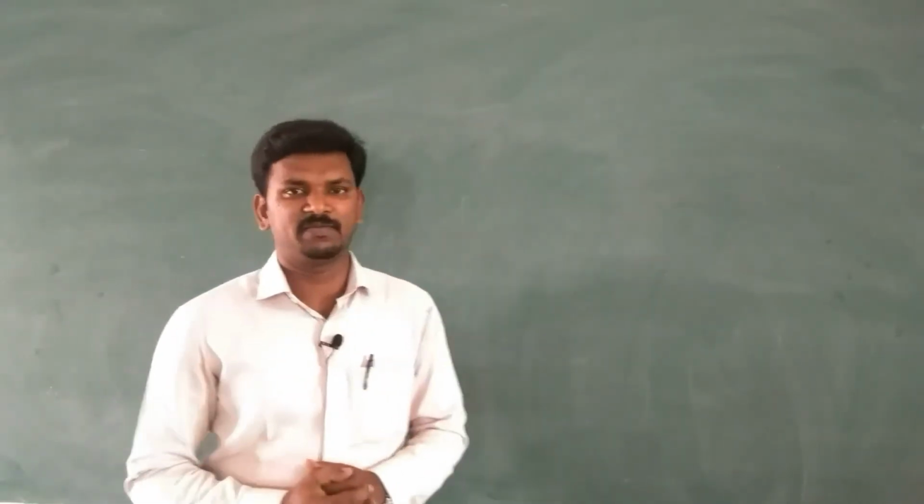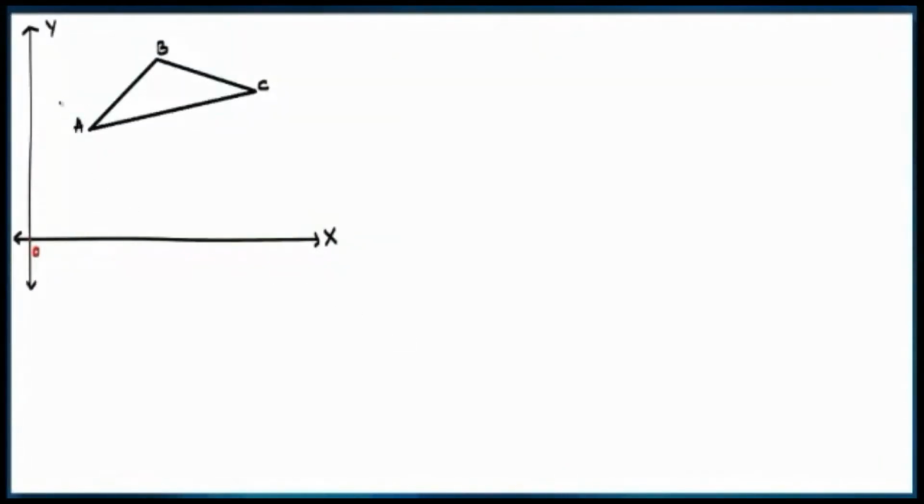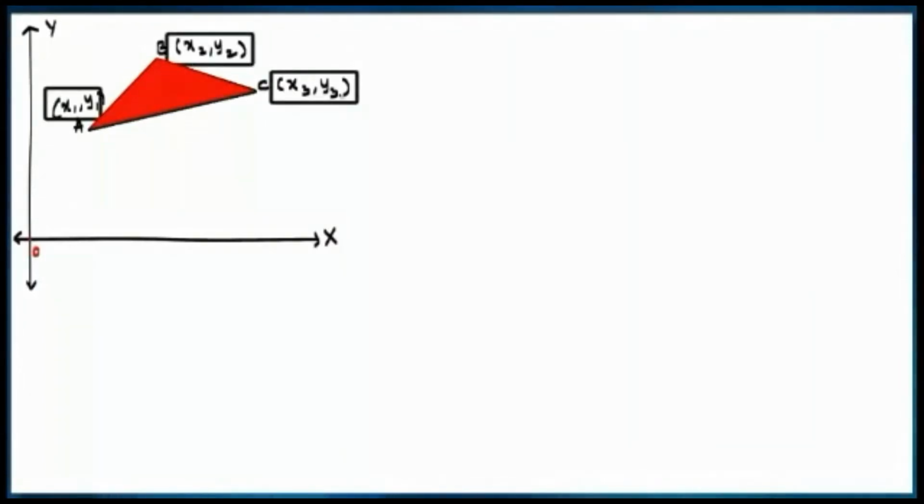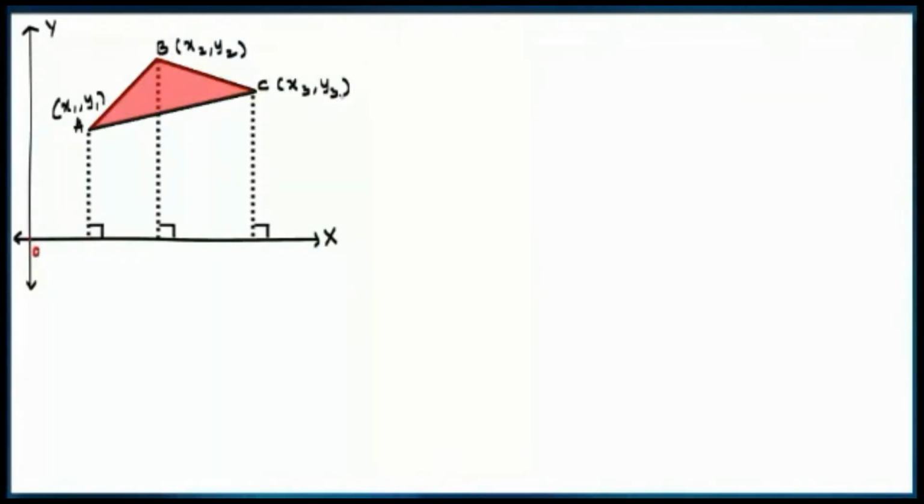Okay, let us see. Triangle ABC. A is x1, y1, B is x2, y2, C is x3, y3. Here A, B, C are the three vertices of a triangle. If we draw a perpendicular line from these vertices to the x-axis, it looks like this. If we draw a perpendicular line from the vertex A to the x-axis, so we can take,